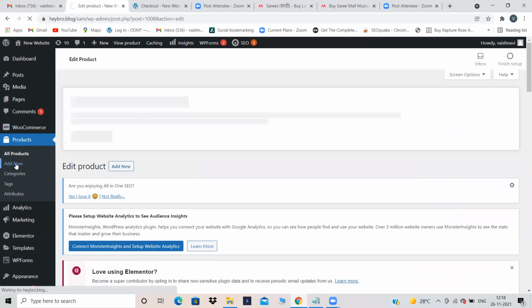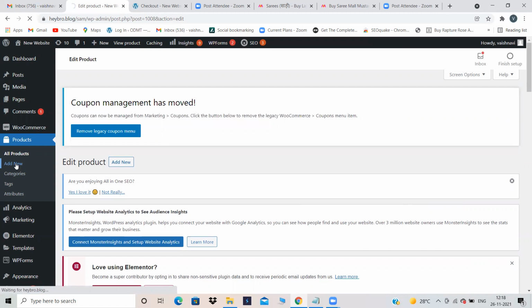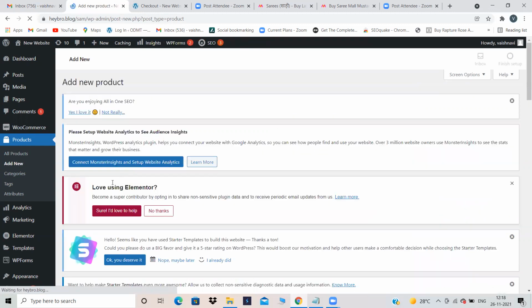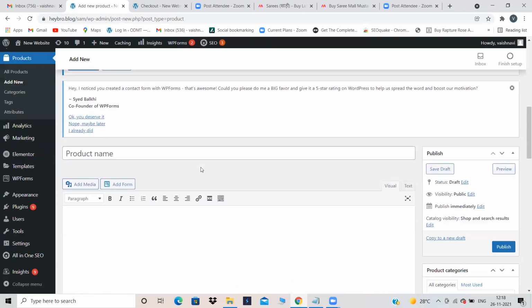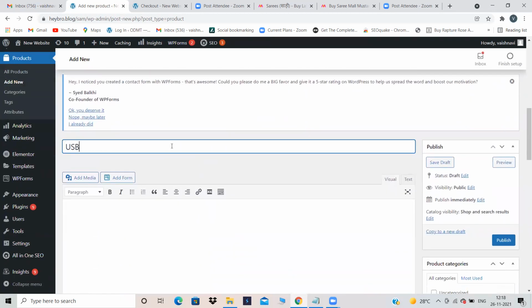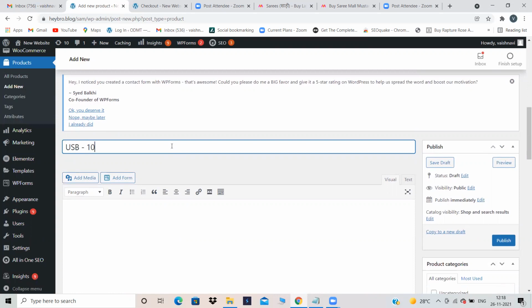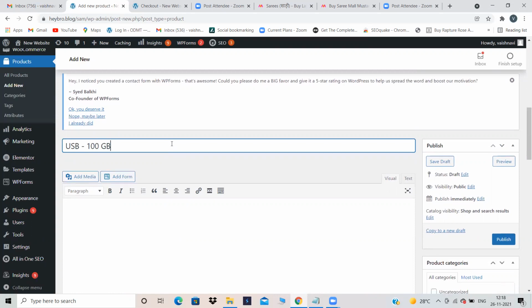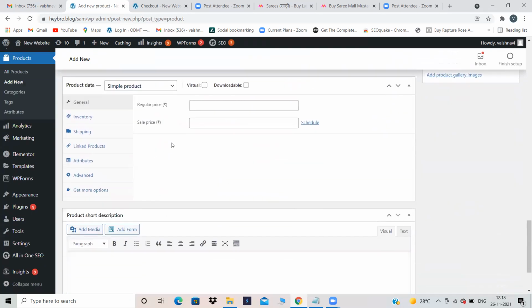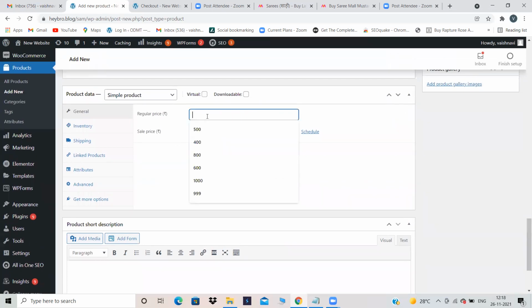So go to products and click on add new. Let's give it as 100 GB. Then simple product, and we need to give price 800.